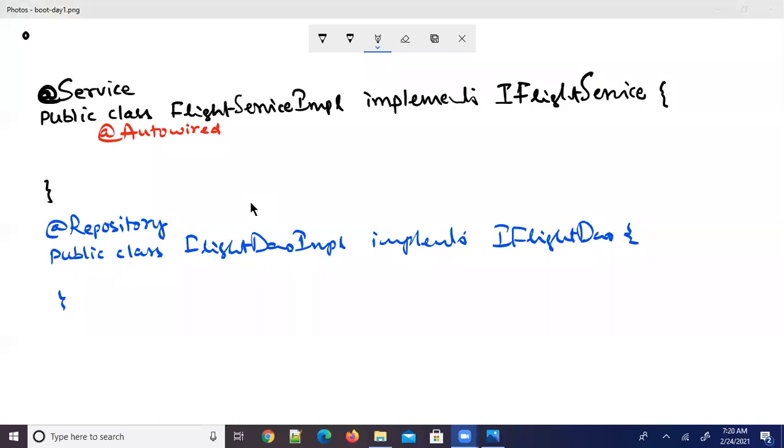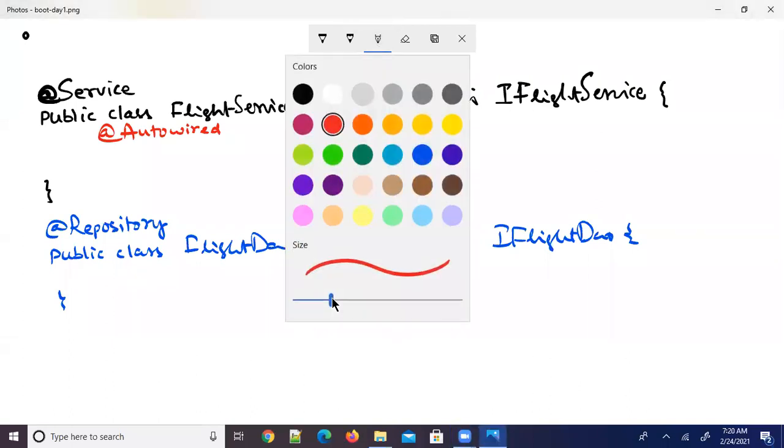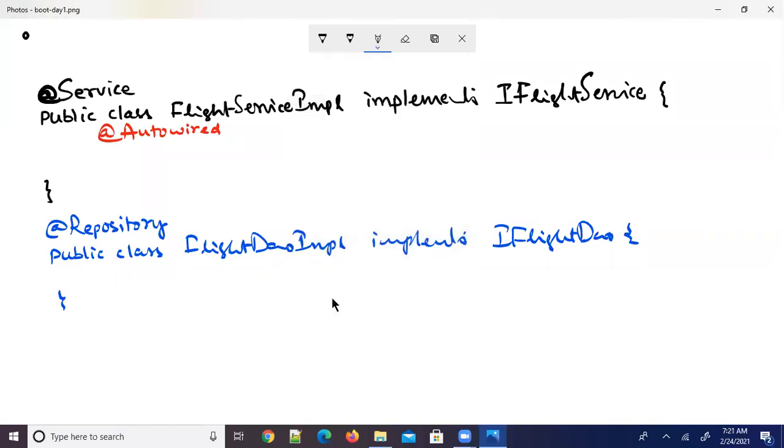See here, everyone. This is one implementation of this interface IFlightDao.